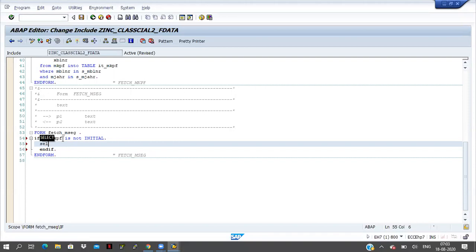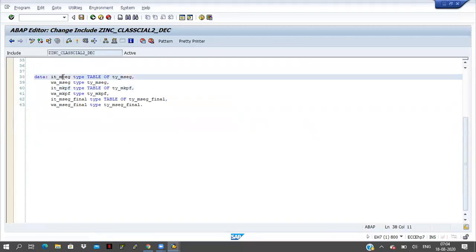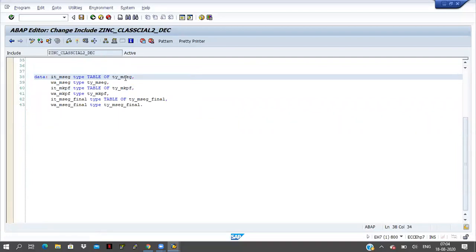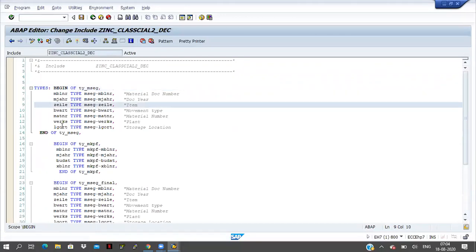So here I am writing one select query. Select MBLNR, MJAHR, and one more field is MATNR. One minute, I will check the internal table. Let me check IT_MKPF, double click on this one. So IT_MSEG is there. BWART, MATNR, WERKS, LGORT.